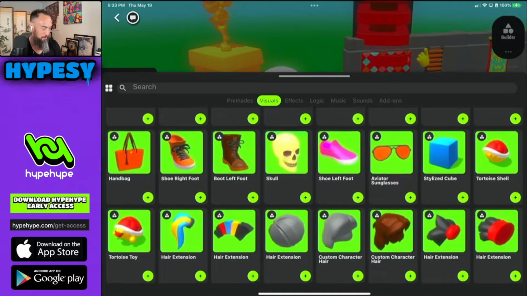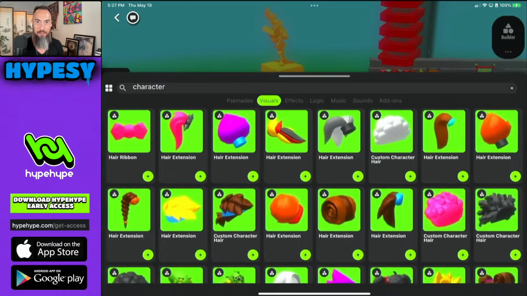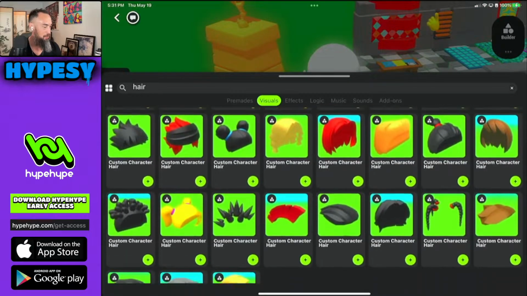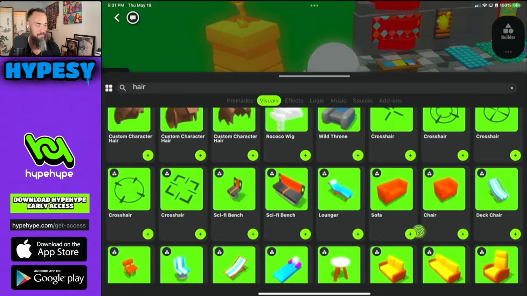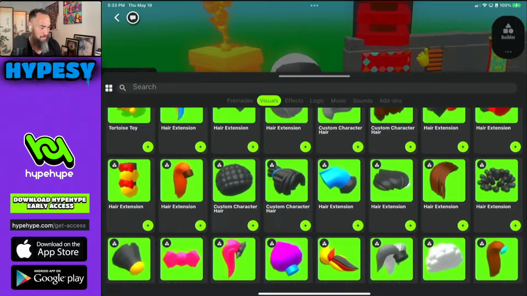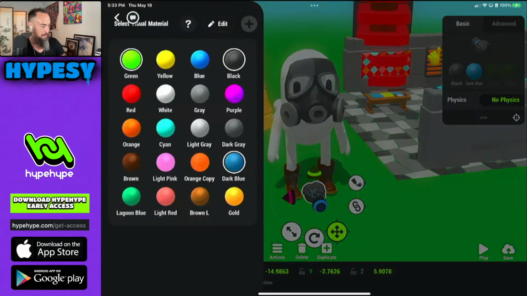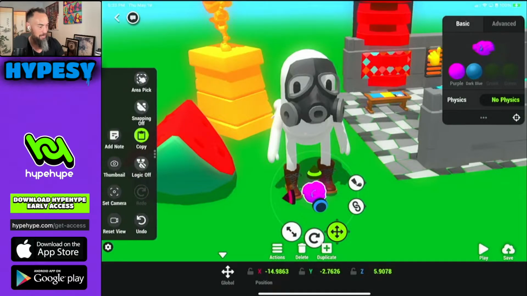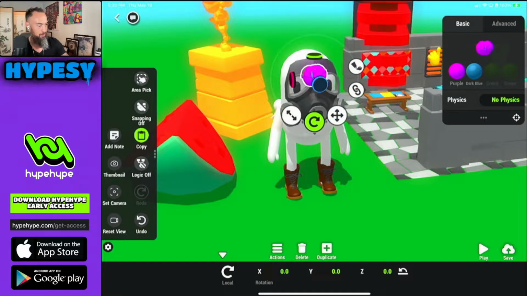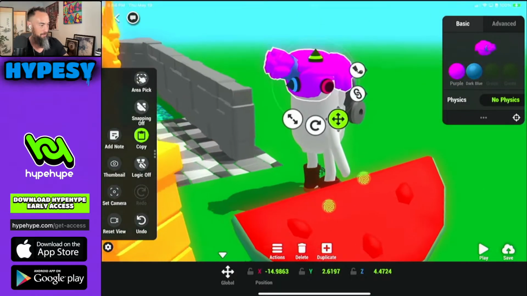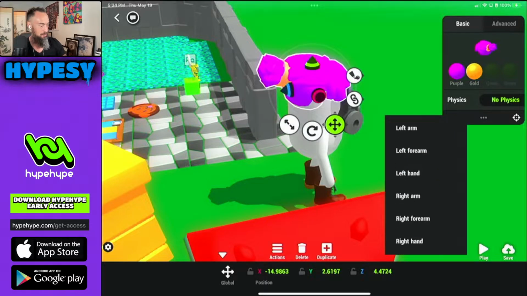Oh, even cooler. Here are the custom hair pieces, 51 new hairstyle assets. I don't usually put hair on people, but maybe I should. We can give the dude a man bun. Let's get this one, and we'll do a stand idle. I had a friend, last time I saw her, she had purple hair, so let's make this purple hair with the gas mask. Why not? Kind of a little bit of a bun. Select, attach to the head.